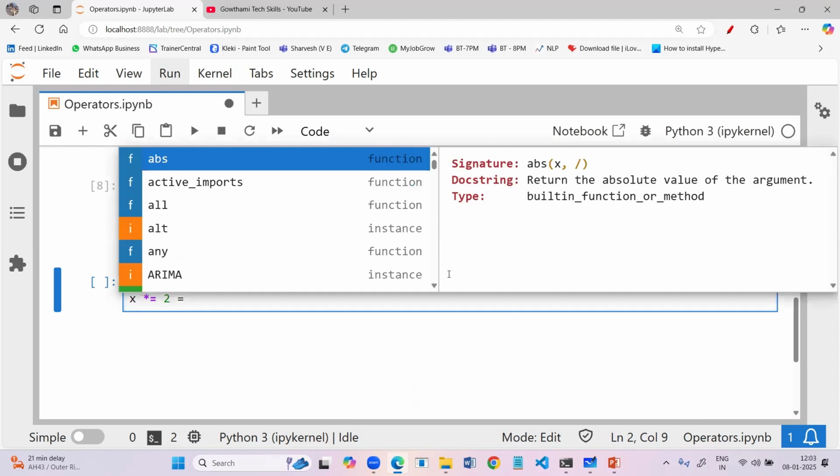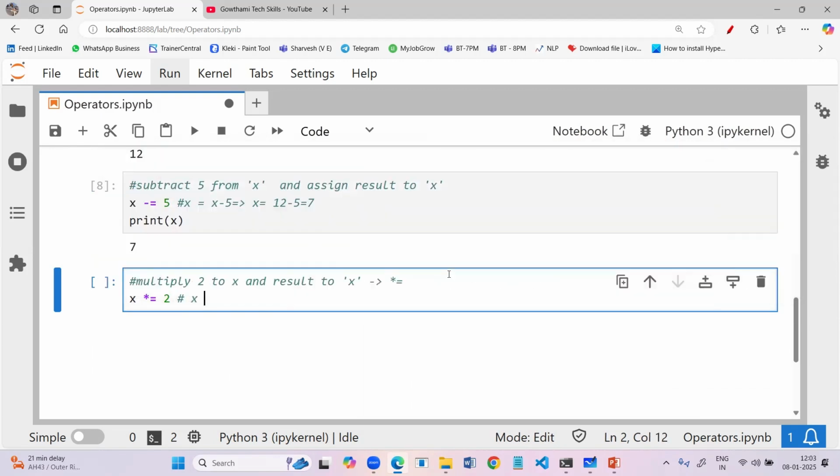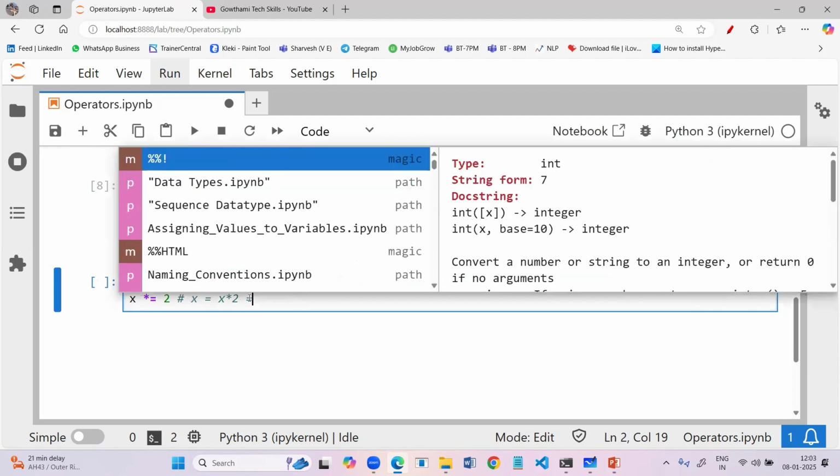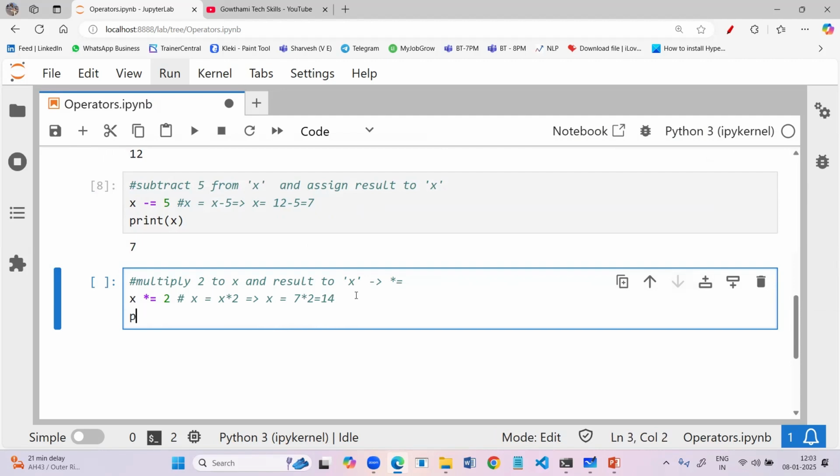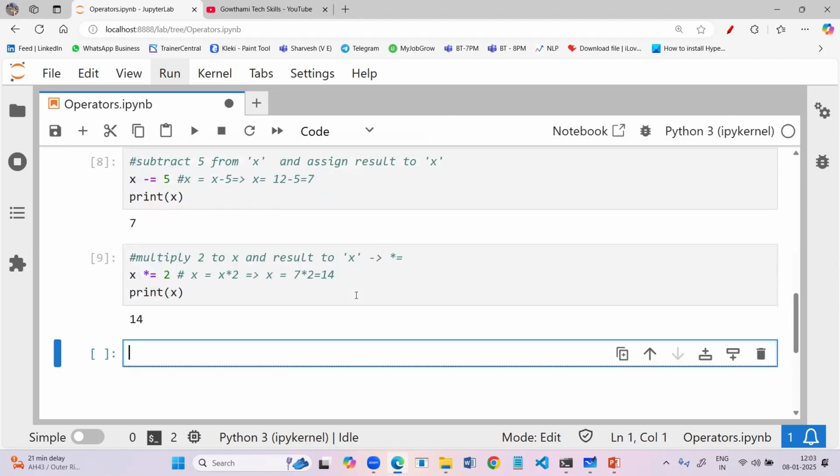What is the meaning of this? You are multiplying x by 2 and assigning the result to x. What is the updated value of x now? 7. So 7 into 2 is equal to 14. So x is storing the value 14 now. If you try to print the x variable, you will see the output as 14.